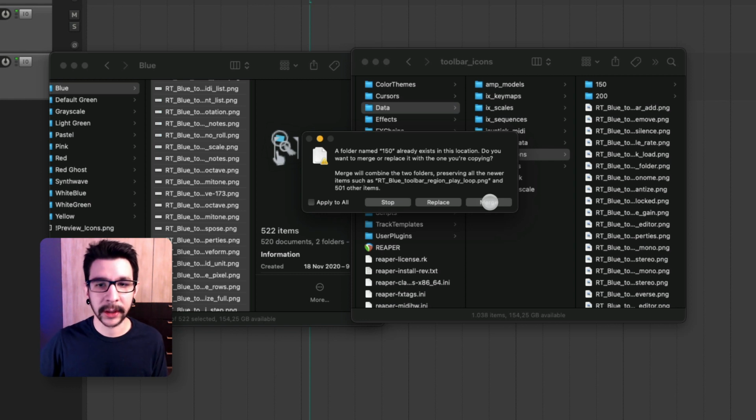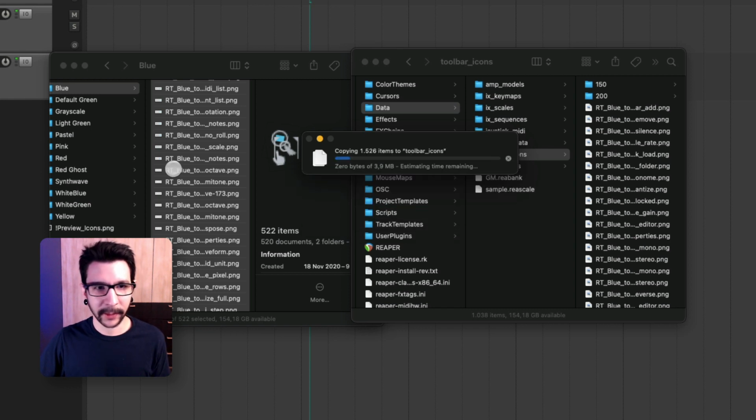It's important that you click on merge, otherwise it's gonna actually replace the folders that are in there, so you lose your previous icons, and maybe you had some custom icons in there. So it's better to just click merge all the time. This goes for every step of the way. Always click on merge. And if you don't get the merge option for some reason,